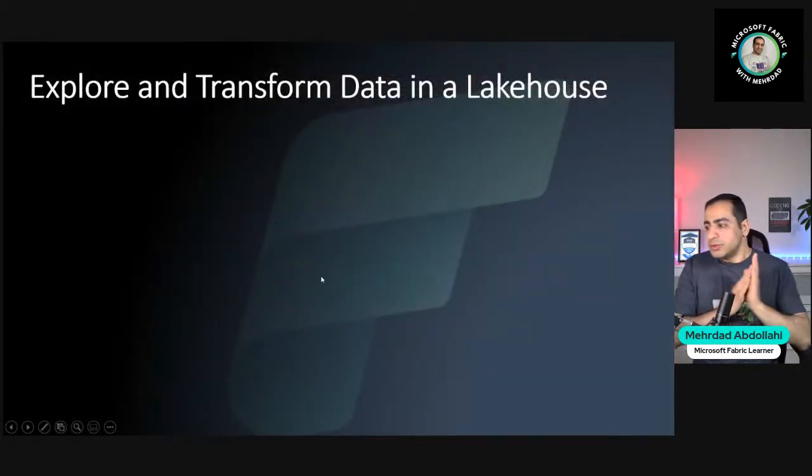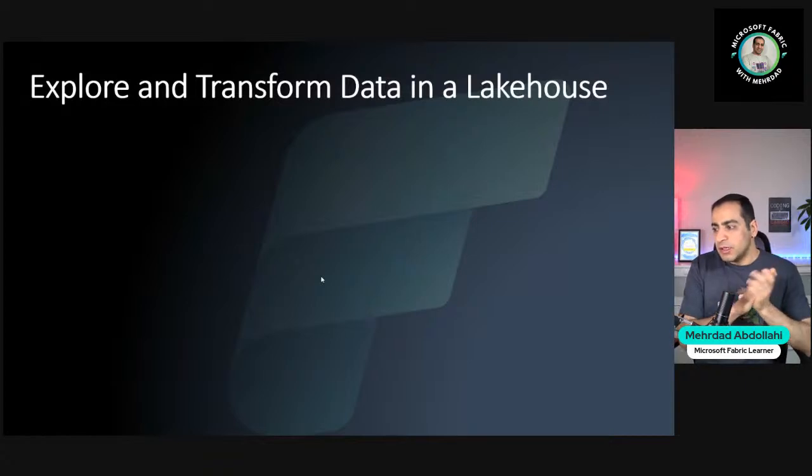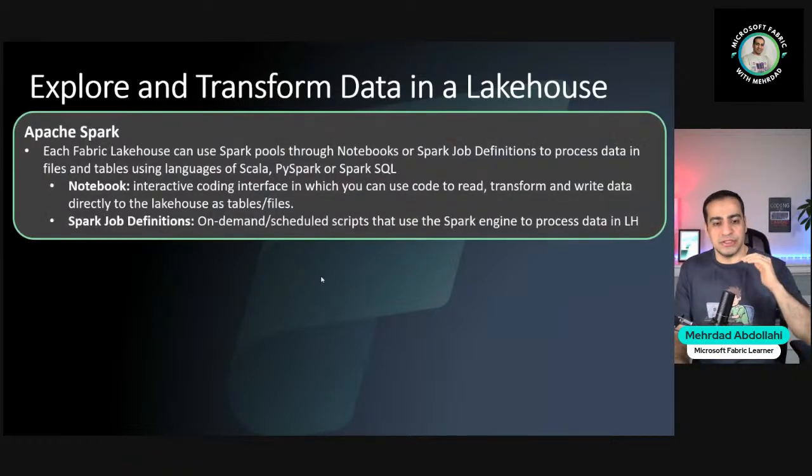So in order to explore and transform the data in Lakehouse, there are some options, right? The first of them is Apache Spark, that we can use. Basically, in a Lakehouse, each Lakehouse